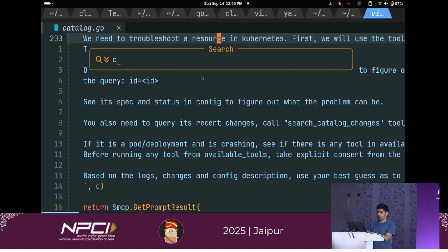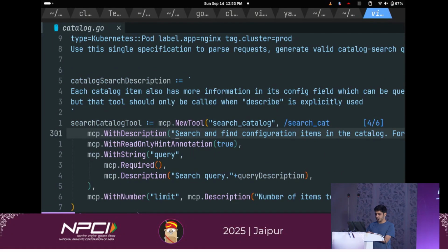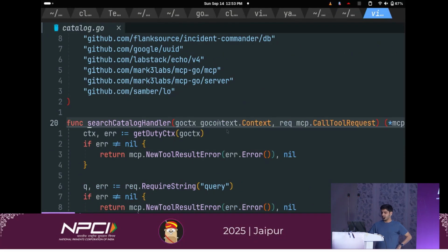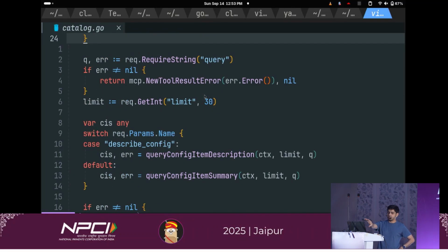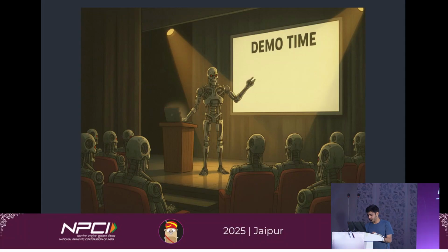And then let's say it called a tool called search catalog. If you want to see the implementation of the tool called search catalog, we'll go to its handler, and then, yeah, this is internal logic, but this is basically like any web controller, like how you do for normal functions. So coming back to our presentation,